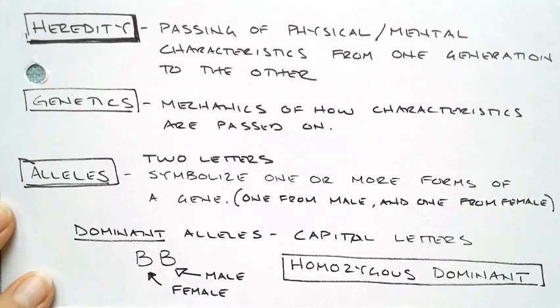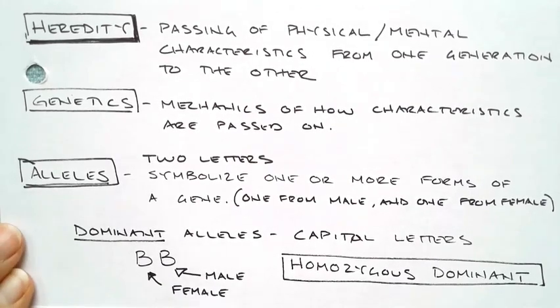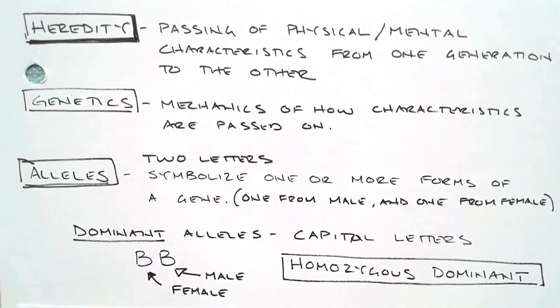There's a couple of different types of alleles. There's actually three forms. There's something called dominant alleles. Dominant alleles are represented by capital letters like big B, big A, big R, big T. We tend to use letters that have a difference between their uppercase and lowercase counterparts. For example, a big O and a little o don't really work well because it's hard to tell the difference